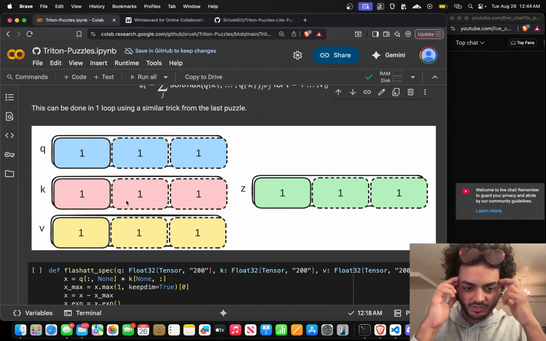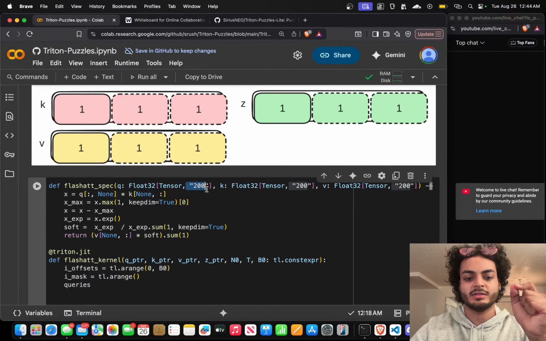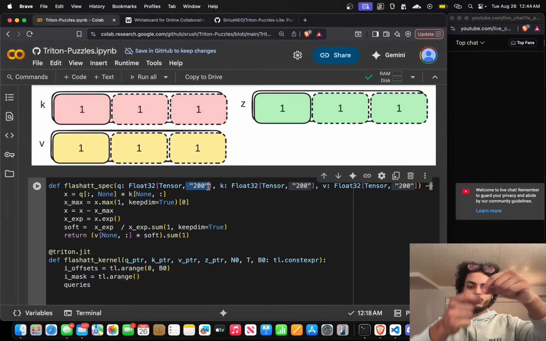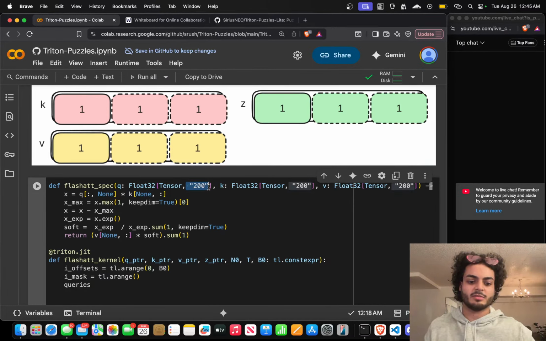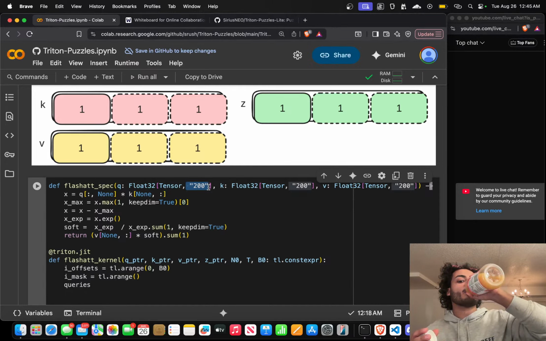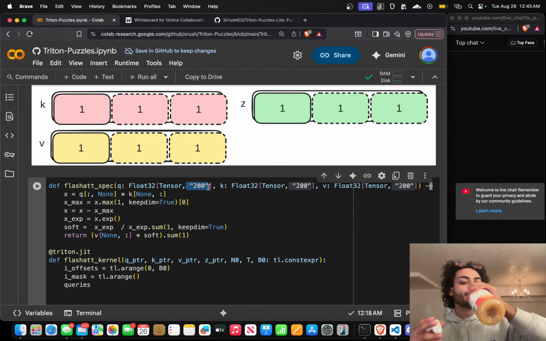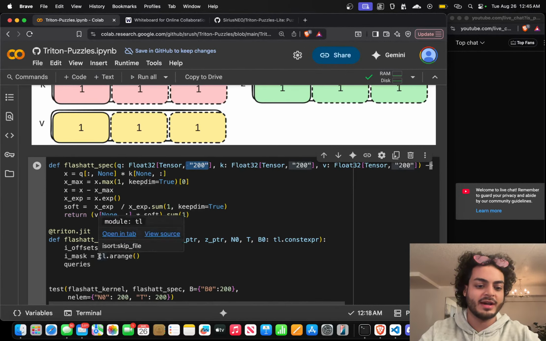Okay, I'm thinking too much of old. Pay attention to shapes, right? This is literally just a 200 long vector. There is no hidden dimension. That's why it wasn't provided. So in this case, our I mask should be